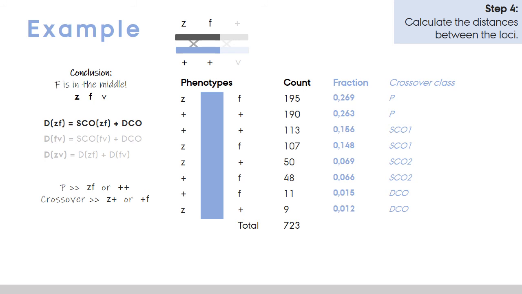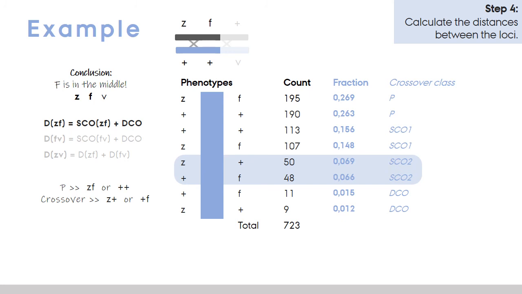Now, what I always do for myself is cover all the loci that I'm not looking at, and I only look at the two loci that I'm trying to calculate the distance between. So in this case, that's Z and F. And now, here we see that for these single crossovers, we see Z and plus and F. So these are the single crossovers that we should take into account when we calculate the distance between